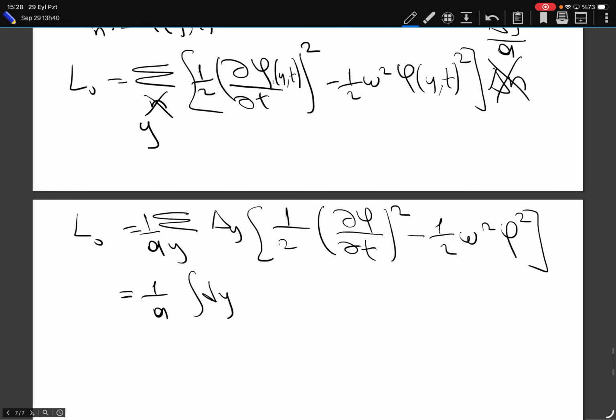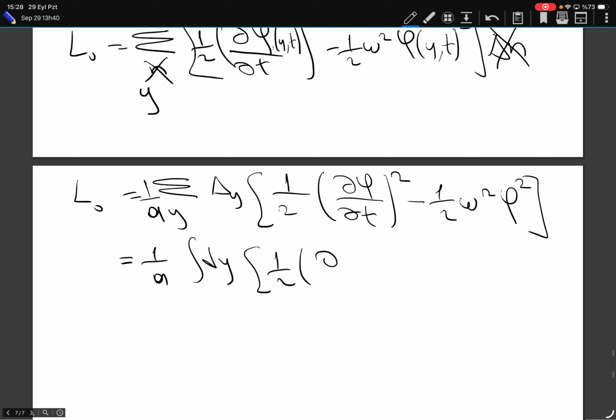I'm taking the limit a goes to 0, but keeping the overall 1 over a for the time being, because probably my definition of kappa was also not, strictly speaking, correct. This is dy, 1 over 2 del phi by del t squared minus 1 over 2 omega squared phi squared. This is my L0. My L1,